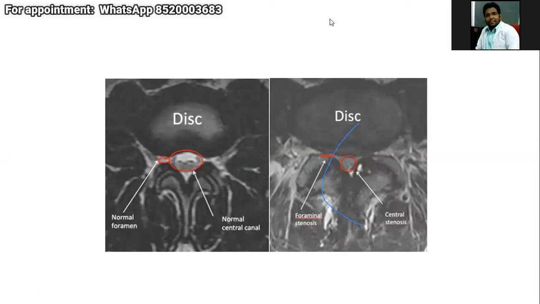One question. Nowadays, whenever a patient attends any neurology, neurosurgery or orthopedic OPD, the first investigation they ask for is an MRI. And whenever the MRI report is done, no dynamic views can be evaluated on an MRI. And we can appreciate there is an anterior listhesis. So how does the